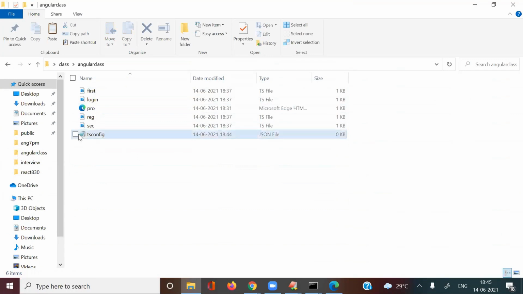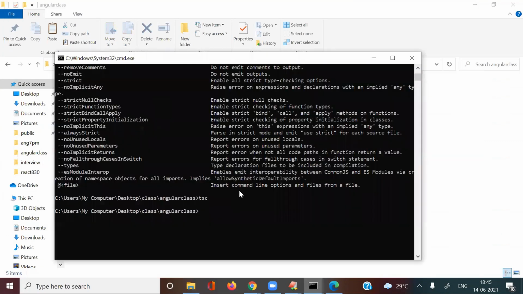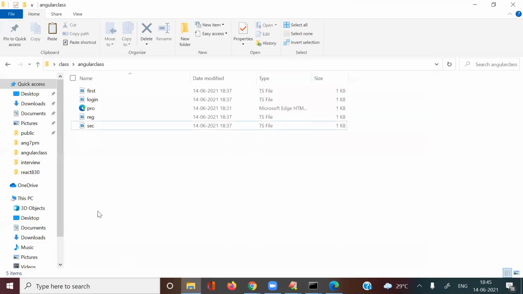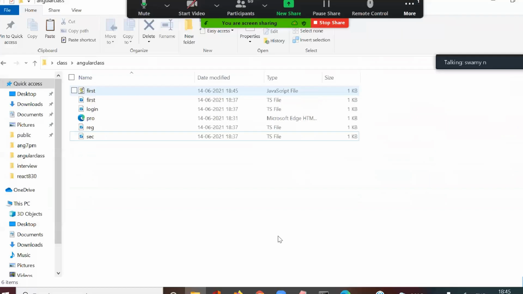So now once again, I am deleting all these files. Delete all these files. And now let me delete the tsconfig.json also. Now if I give the tsc command, for example, tsc first, it will work fine. It will compile the first.ts file. Now you can see here, the first JS file is generated. Like that, tsc first